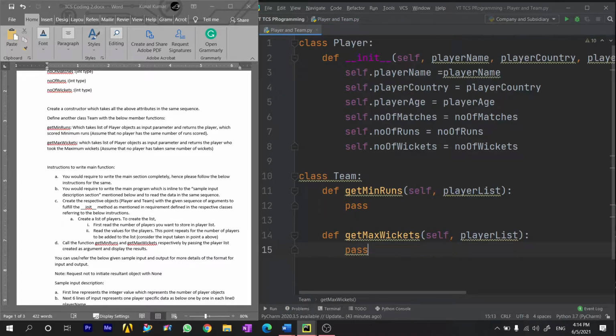So we will complete these functions later. First we'll write this main function and check if our code is working or not. Once we are confirmed that our code is working, then we will come back to these functions, and finally do a final check with these functions too.